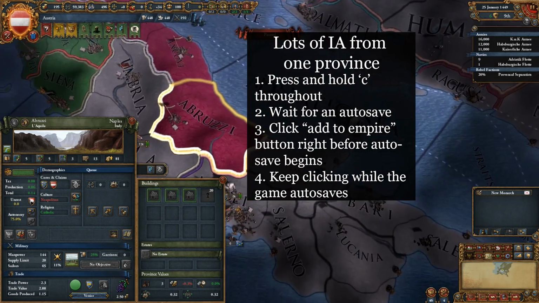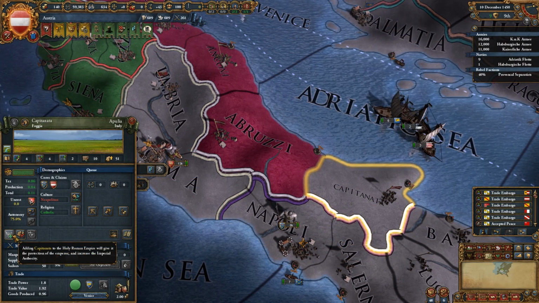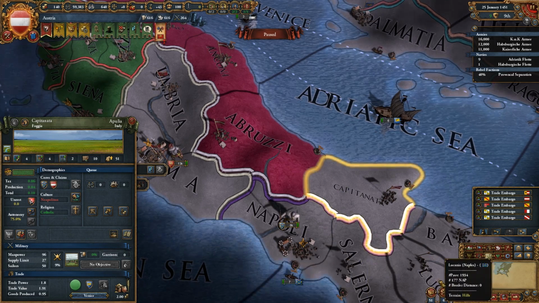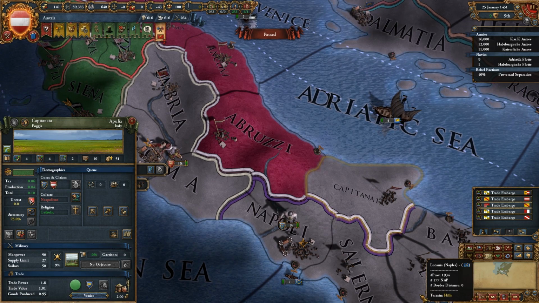You also need to be holding the C key to accept the message that the province has been added. Boy, the C key seems to be causing all sorts of mischief, doesn't it? From my example here, you can see I'm able to triple or quadruple the authority I get from every province. This alone is massive and could lead to much faster reforms, but even this is but a shadow of the